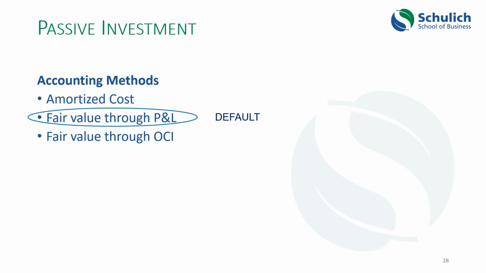Remember that IFRS has a focus, almost an obsessive focus on the balance sheet, and it wants those values on the balance sheet to be useful for decision makers when they look at the balance sheet. And it cares a little bit less what the effect of that might be on the income statement. So with financial investments, of course, it's usually quite simple to look up the fair value of an investment. You can look it up if the company is publicly traded. It's a little more difficult if those shares are in a private company because there's no stock market to look up, and it can be costly to figure out what the fair value is.